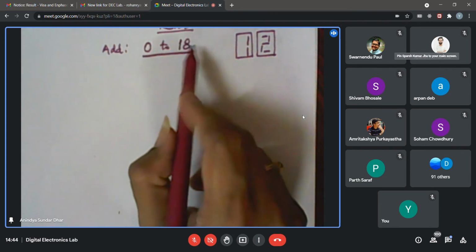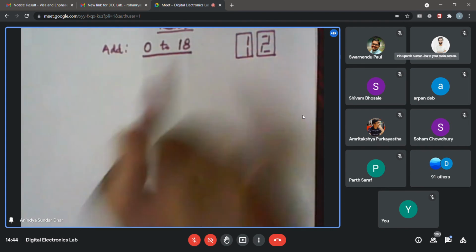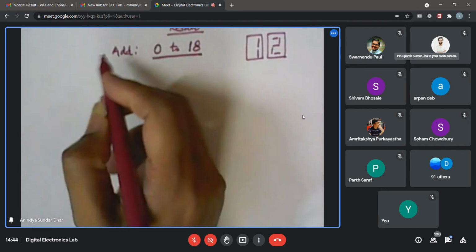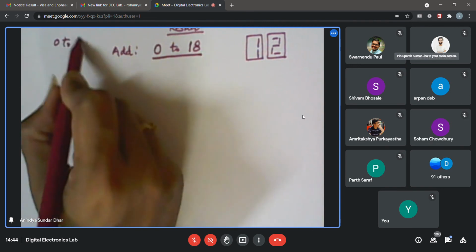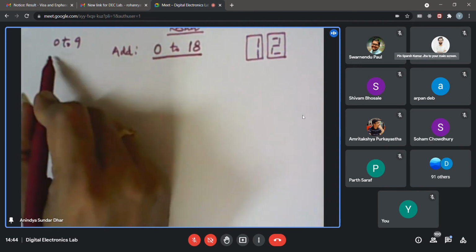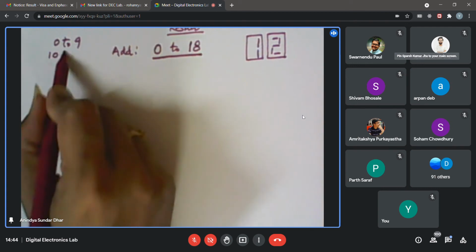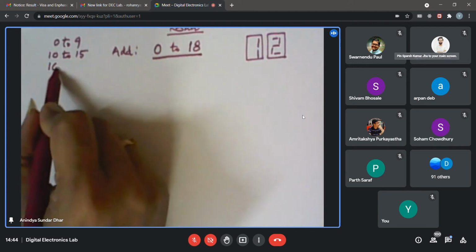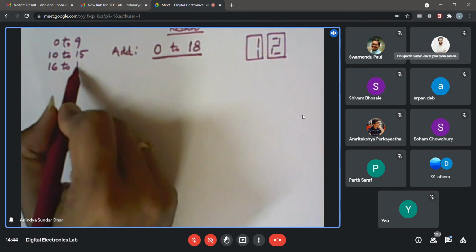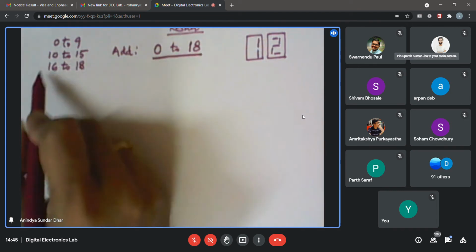Particularly important while testing is to check that when the result is 0 to 9, it is displayed properly. When the result is in the range 10 to 15, it is also displayed properly. When the result is in the range 16 to 18, why am I mentioning this separately rather than just saying more than 10?